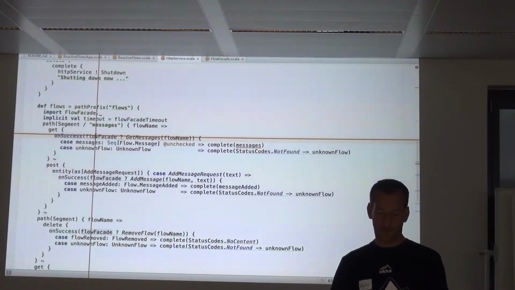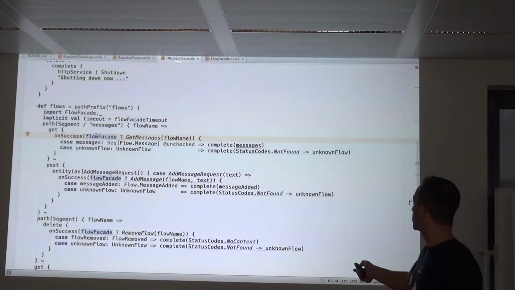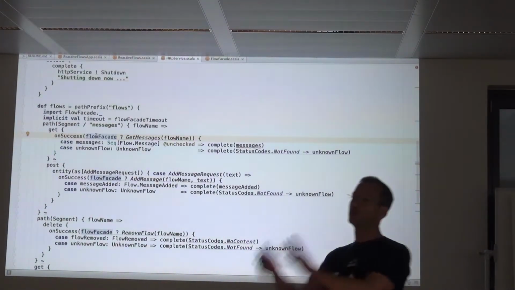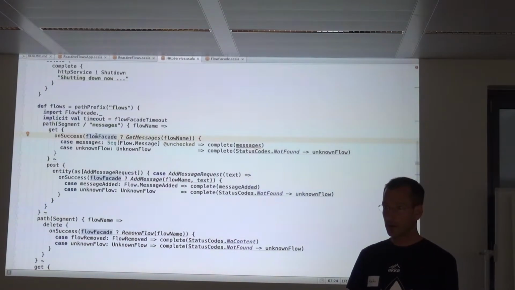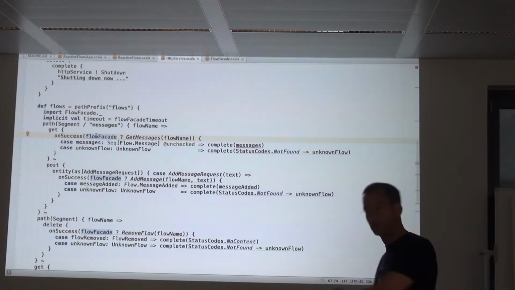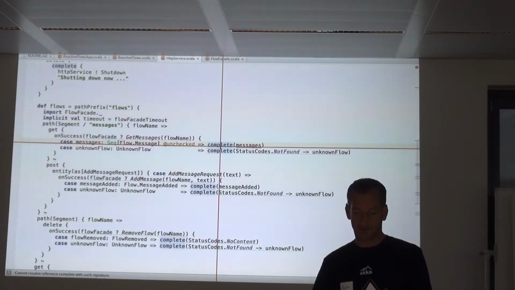So the HTTP service actor is the sender in this case, right? This actor is the sender, and the flow facade, asked, will respond to the sender, and then we have the sequence of messages, or we have the unknown flow response. And then we can go back to the browser by doing the complete.